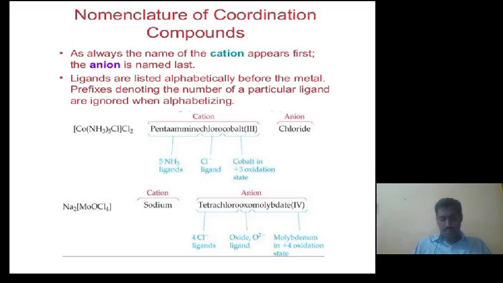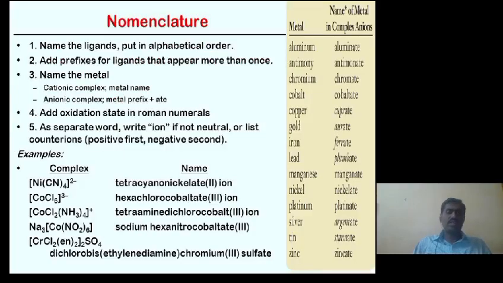So I give another rule. In the nomenclature, first the ligands are put in alphabetical order. Second, if a ligand appears more than once or twice, you write the prefixes di, tri, tetra, penta like that. Name of the metal: suppose a metal is present in a cationic sphere, you write it as such. Maybe the cobalt is present in the cationic sphere, you write cobalt like that. That same cobalt present in an anionic sphere, you must write